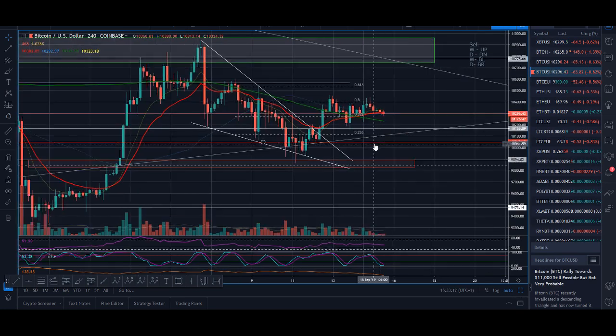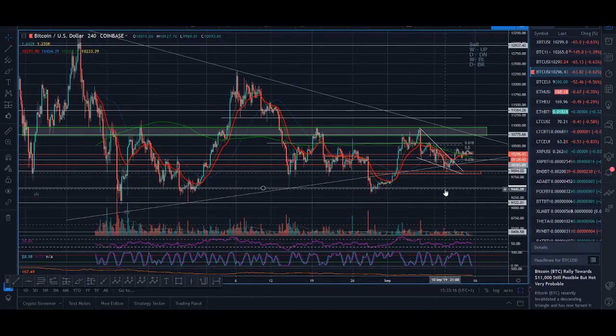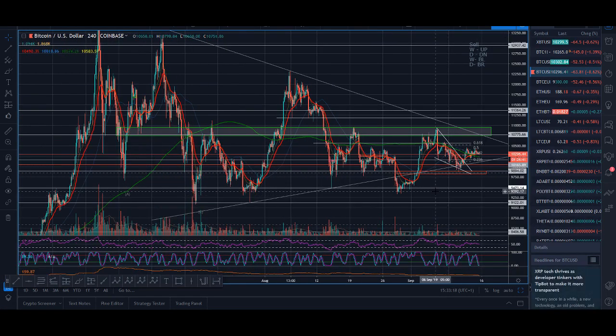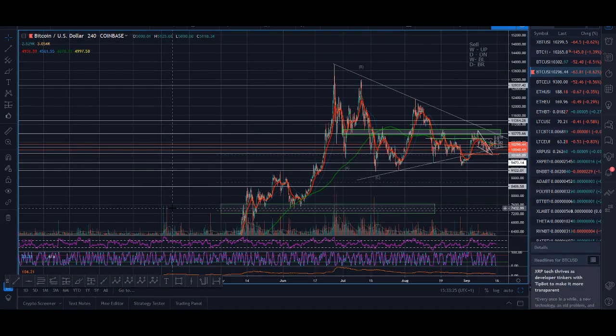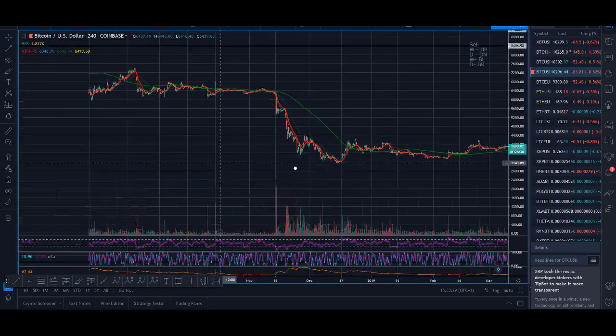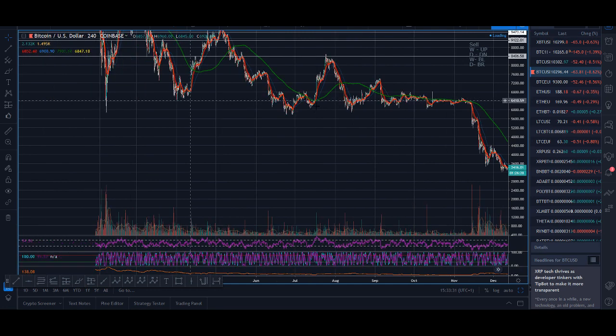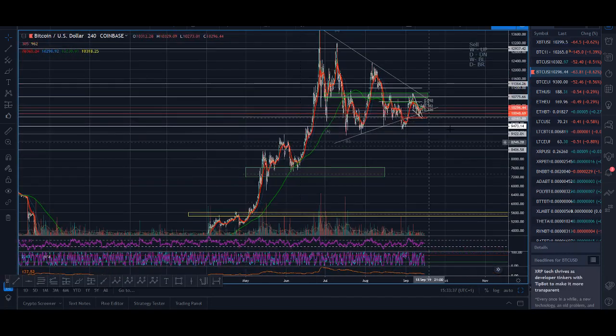From a bearish point of view, it would be if we get down to the 9,000 level, guys, 9,500 level. I don't think this level will hold. If you compare this structure to back when Bitcoin was at 6k, a similar structure, it kept coming to this level, and then it broke down. So this might do something like that again.